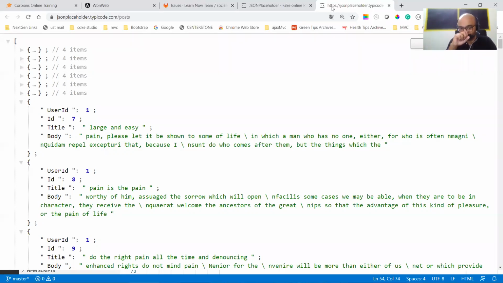Is it clear? One kind of method in the API is the GET method, HTTP GET. Its job is to hit the API, get the data from the DB and give it to you. Guys, are you clear about it or not? Yes, sir. Okay.